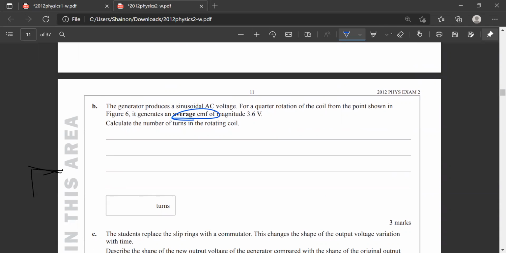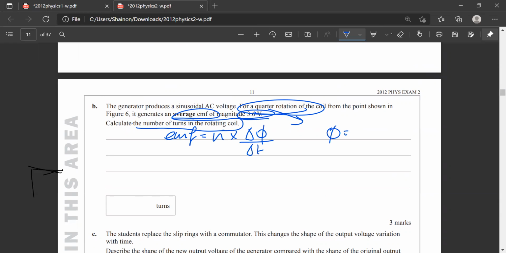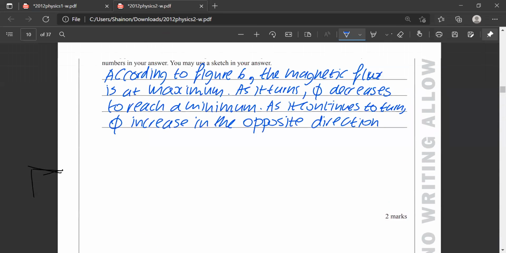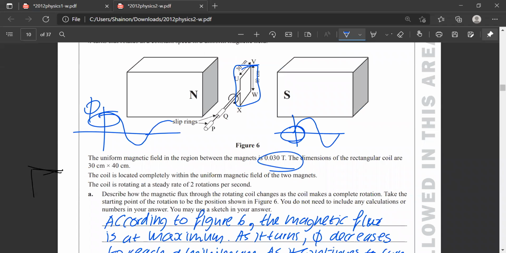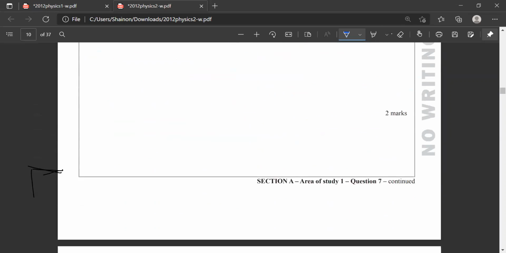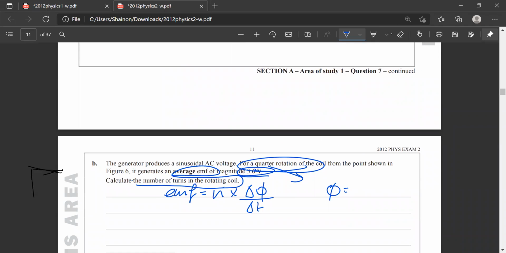Average EMF is this 3.6. Oh, quarter. This is really important information. Quarter of a rotation. The number of turns. So we can use the EMF formula. We know that this is equal to BA. This one times this, but this needs to be in meters. So then that's just going to be